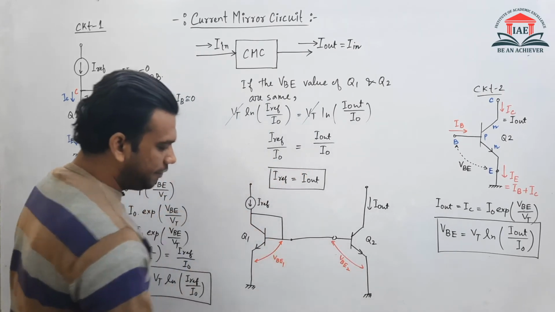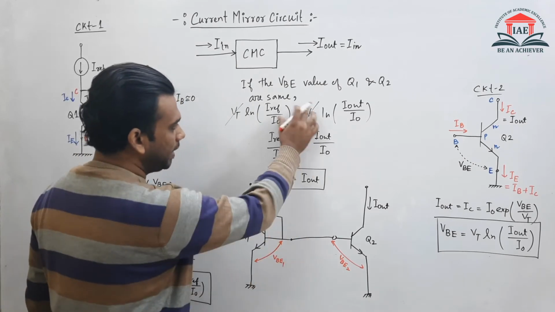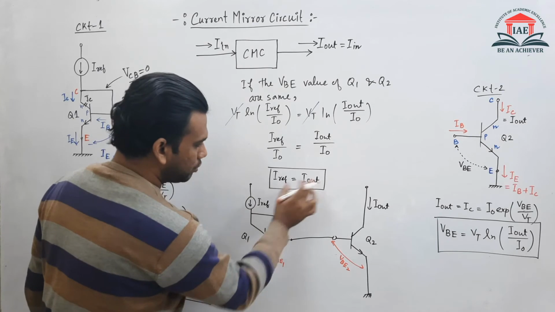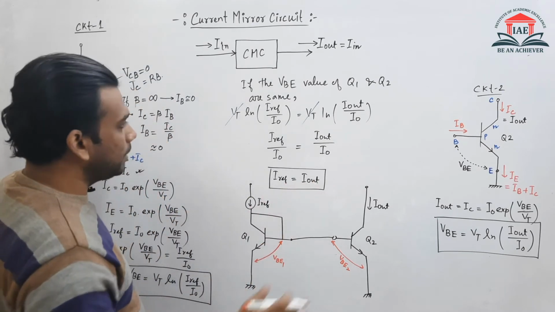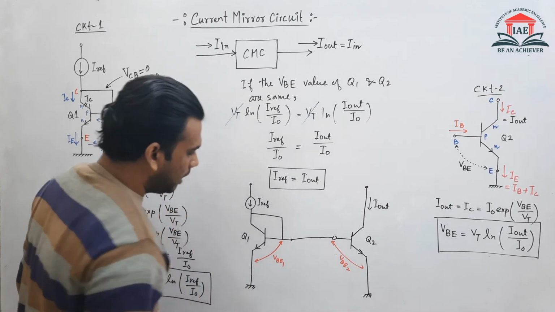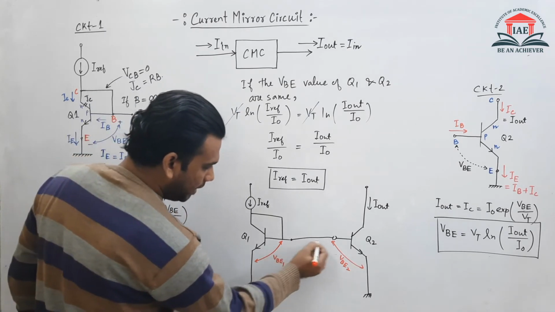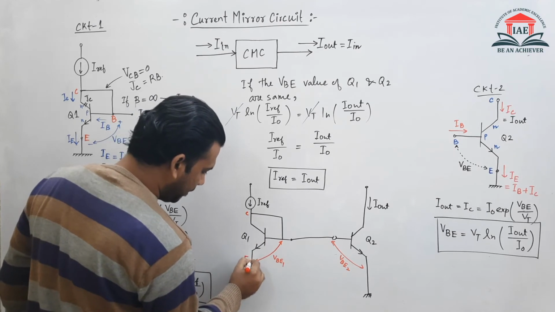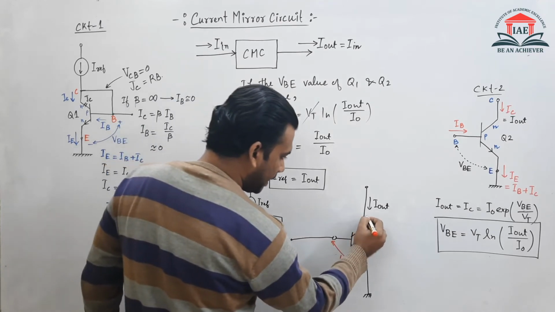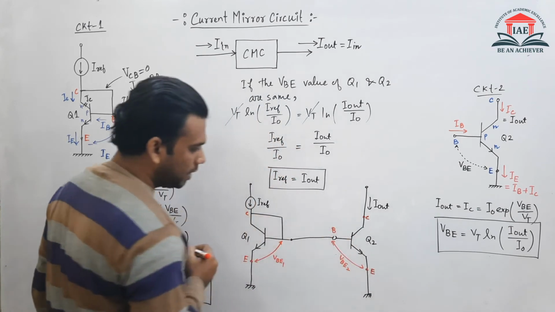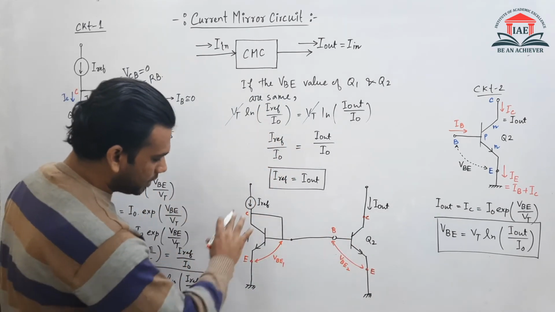Suppose I am defining two potentials VBE1, VBE2, यहां पे मैंने VBE1 और VBE2 को सेम माना था, तो मेरा I reference इक्वल्स टू I out आया। अब मैंने क्या किया, दोनों सर्किट को कंबाइन करके यहां पे VBE1 और VBE2 लिखा। अब देखो यहां पे मेरा बेस है, यहां पे कलेक्टर, यहां पे एमिटर, यहां पे भी मेरा कलेक्टर, यहां पे मेरा एमिटर, यहां पे बेस।